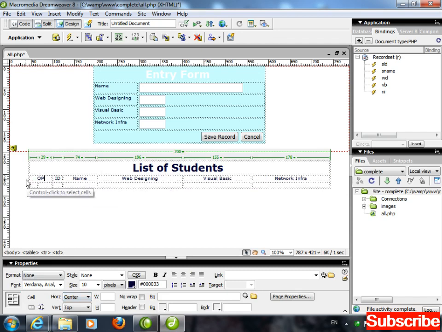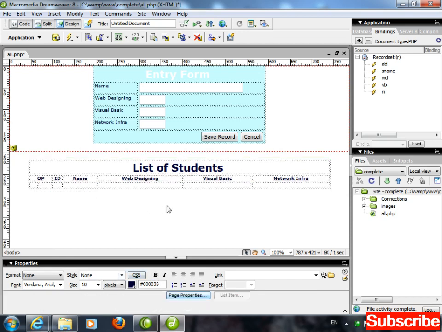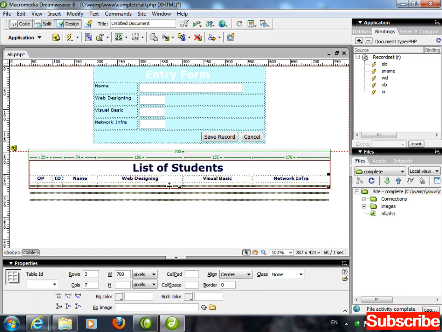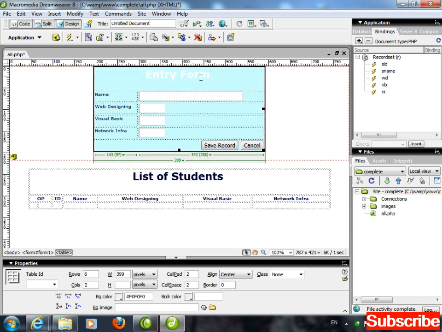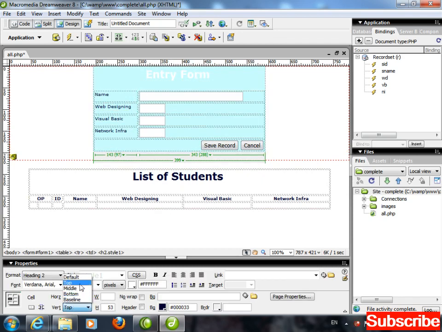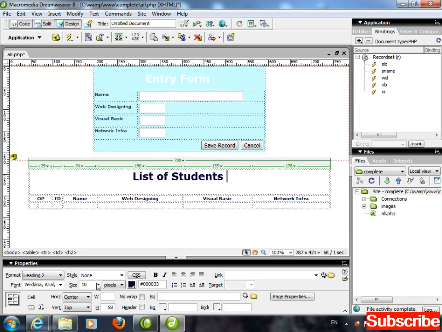OP stands for operation. All of them selected, bold. For this I want to shift them to the middle, and this one as well, middle.